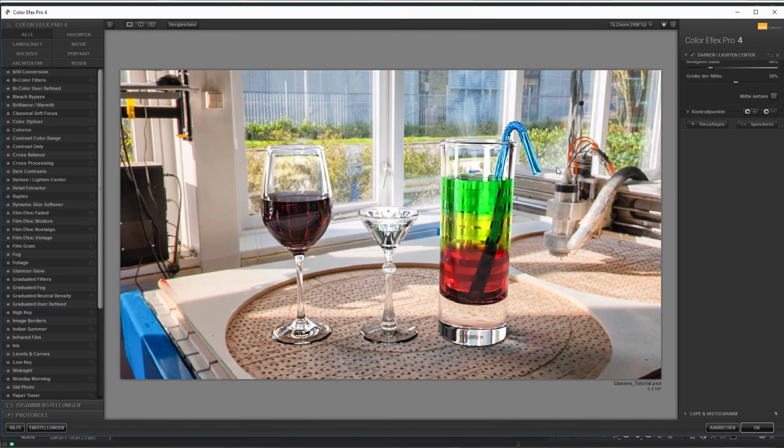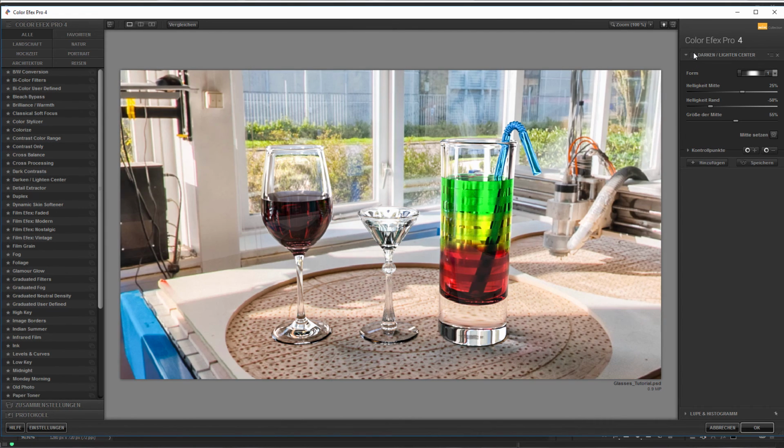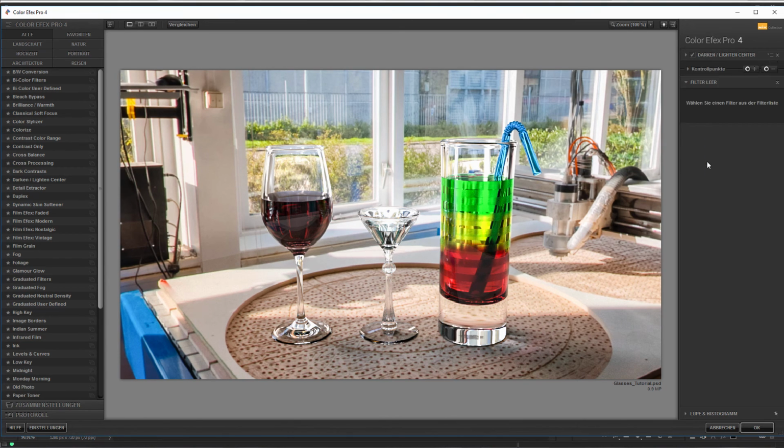Here, of course, we need this. I take the darken and lighten center. Just take it every time. That's like kind of a little vignette, but not really. So, yeah, this "hinzufügen", what you see here, it means nothing more than add. So, okay, add,